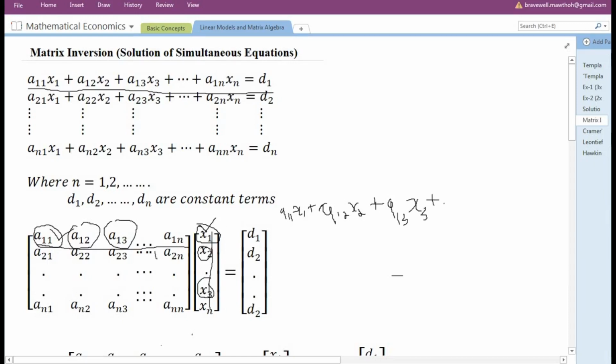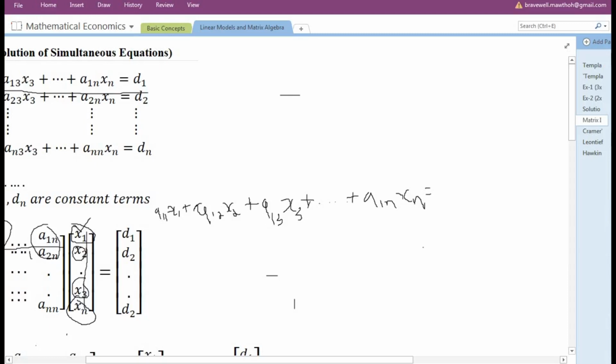Then it goes on in this manner. Then finally a1n times xn, and